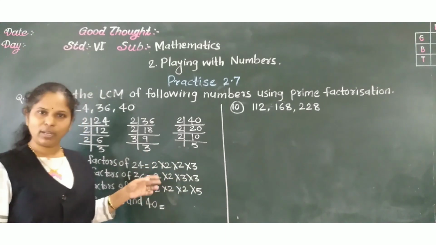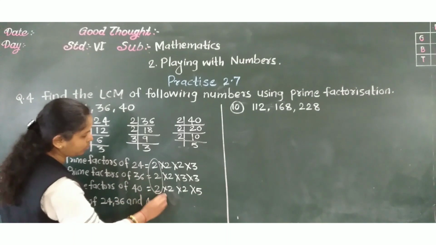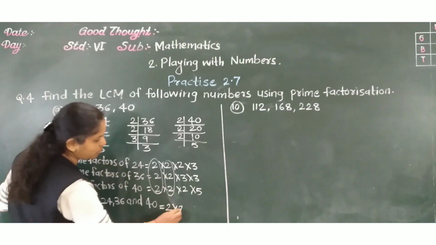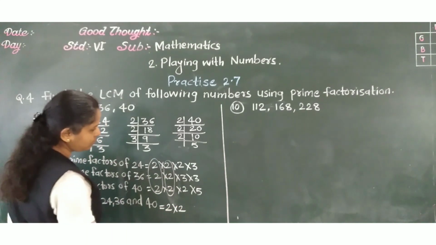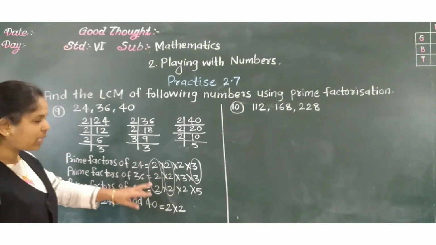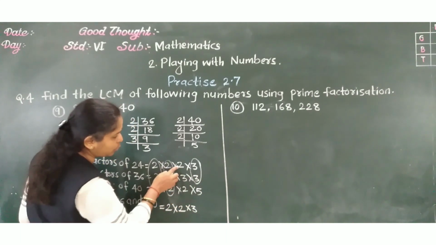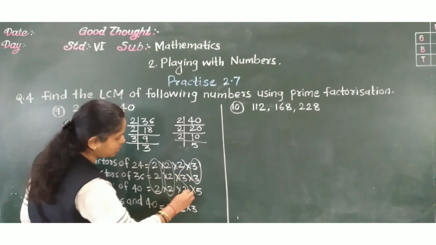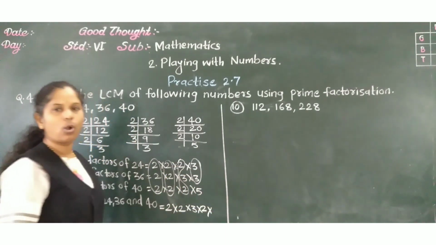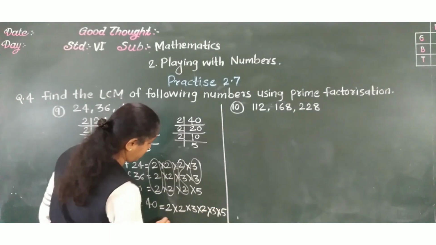We have to find out the common factors in all these three numbers. See, number 2, write one time. Again 2 is there, common, one time. Then this 3 is there in these two numbers, so that also we have to take as common. And see here, 2 is here and here, that means this 2 is also common, so I have written it one time. Into. Now what are uncommon? 3 and 5. 3 into 5.